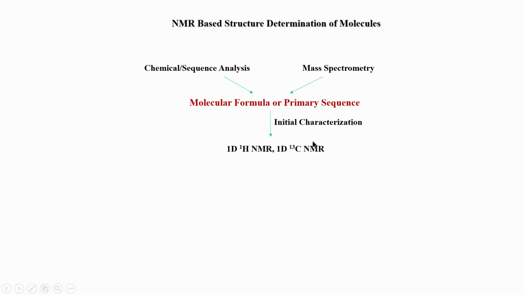Now, once you have that information, we can then do the initial characterization, and that is carried out with the help of 1D NMR, and this is something all of us are aware of how it is carried out. We simply record a 1D spectrum of a protein, and in the case of organic molecules we also record 1D carbon-13 NMR, but in protein we normally do not record this experiment. For a protein we normally record only the proton spectrum. Based on 1D proton NMR, one can get some information on the protein. For example, you can look at the stability of the protein.